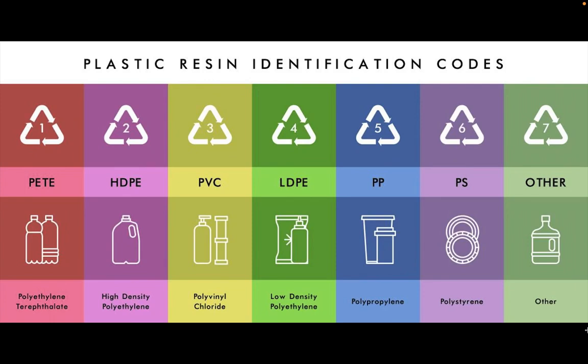Number 7. Mix of other plastics. This could include a wide variety of plastics which are very difficult to recycle. Although it is common to find this category of plastic in sunglasses and DVDs. It is also used for some types of water bottles and even food